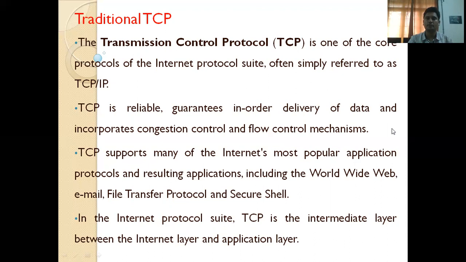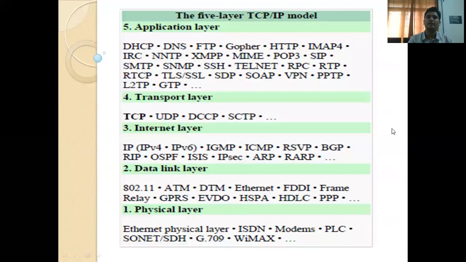So let us observe the TCP/IP model. That is the 5-layer TCP/IP model. So what are those 5 layers? Generally, OSI is the 7-layer reference model. Here the TCP/IP is the 5-layer model. So we convert the 7-layer to the 5-layer in TCP/IP. The first layer is as usual the physical layer. Second layer is the data link layer. Instead of network layer, here we call it the internet layer, and then the transport layer, and finally the application layer.